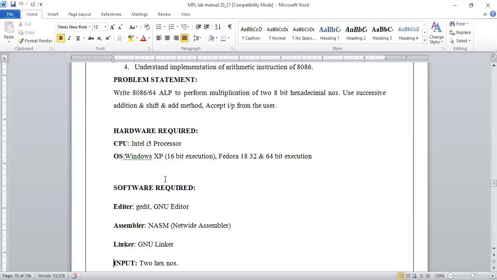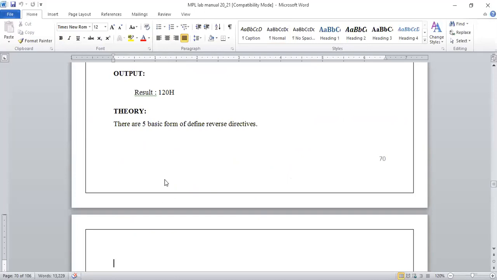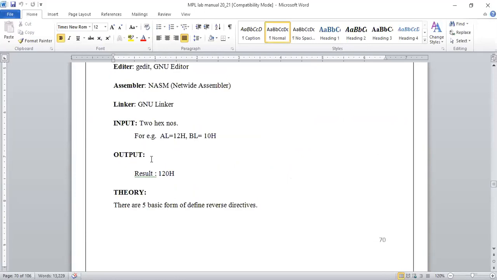The input will be numbers that you give in two different registers, so we can give these values directly. In hexadecimal form they will be converted into binary, and for that we will perform the operation. That is the final result.